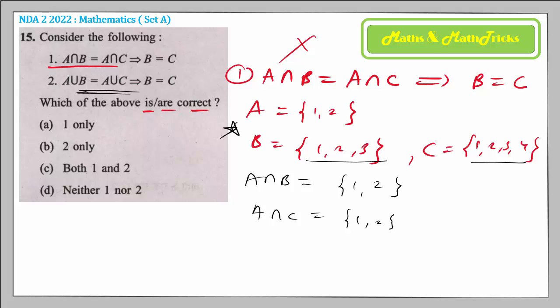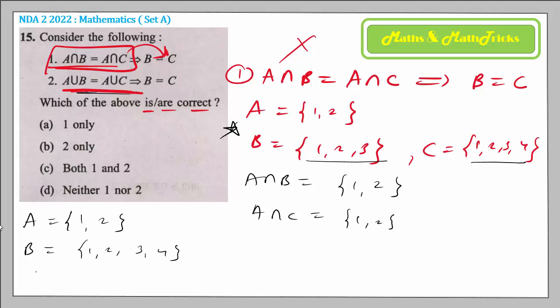Because I took A, B, C, which satisfy the criteria they said, but B is equal to C we did not get. Same way, A union B is equal to A union C will not give B is equal to C. Let me give another example for that. See, I am taking the sets now. Say A is 1, 2, B is 1, 2, 3, 4 and C is 1, 2, 3, 4, 5, 6 I am taking. Okay, so I want to first check whether what I have taken satisfies or not. What would be A union B? 1, 2, 3, 4. It will be B itself. What is A union C? It will be the C set.